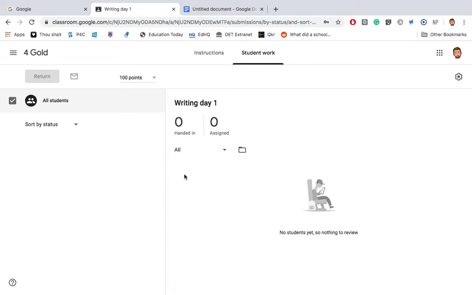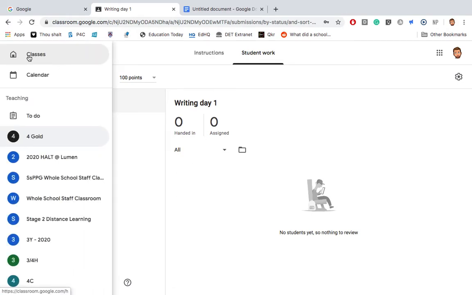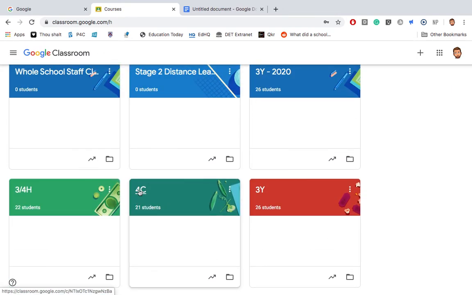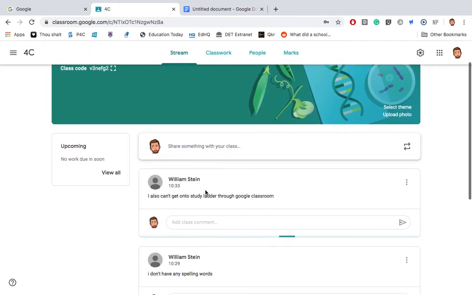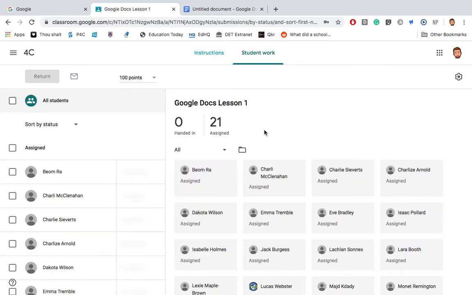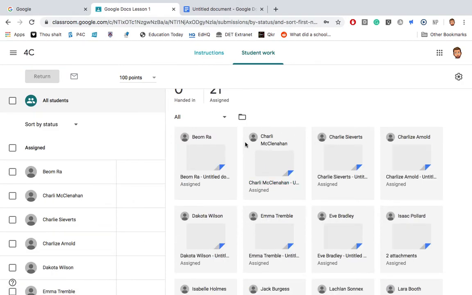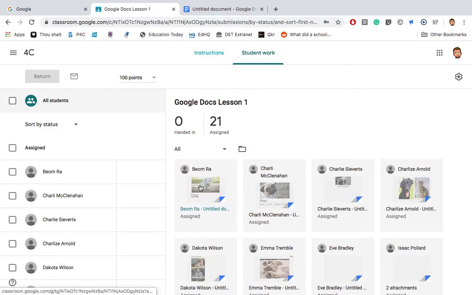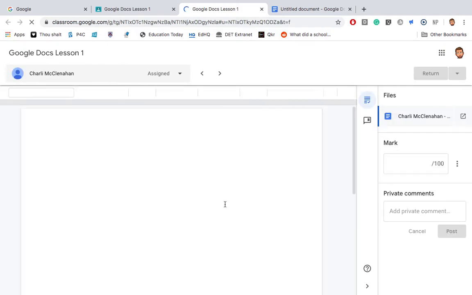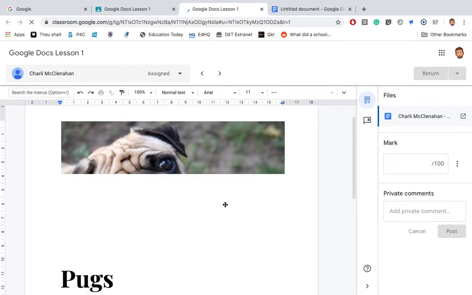So if there was an assignment just there, for example, let me go back to one of my already existing classrooms. Let's have a look at this one. Yep. So these students have already opened a Google Doc, and if they're working on them right now, so if I had this student here, I could double click on it. I can see the document, especially if they're typing on it, I can see what's happening in real time,